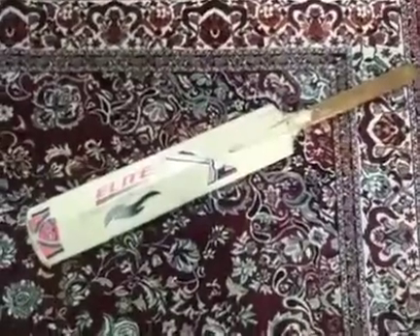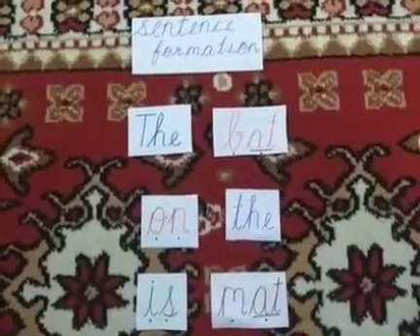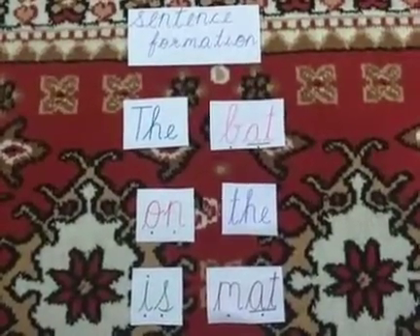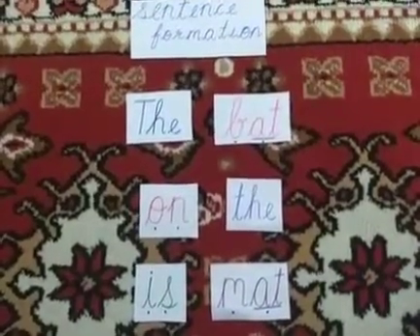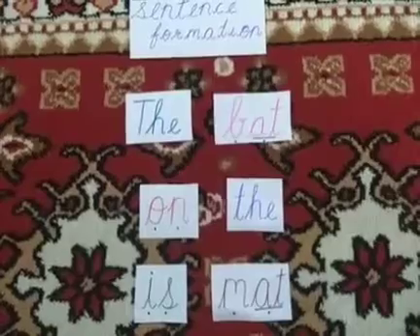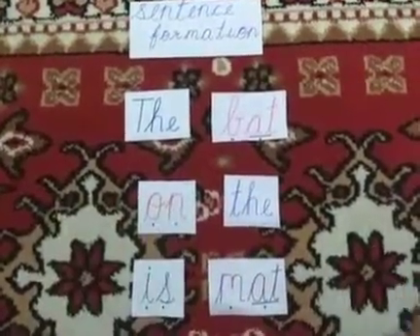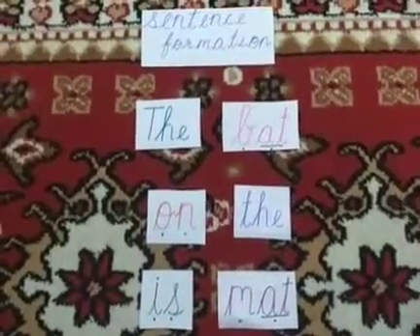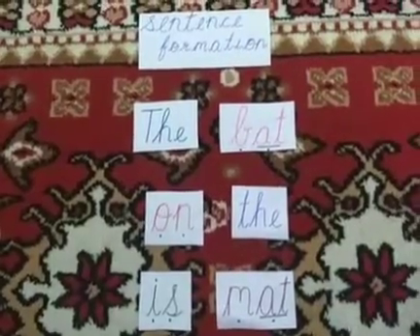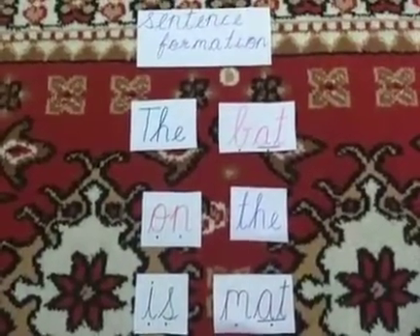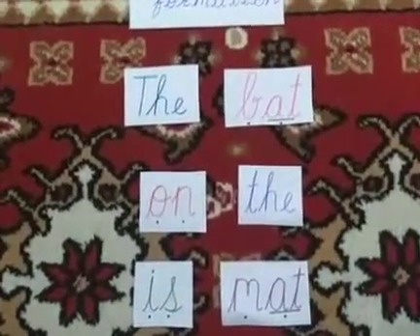Okay, now let us look at the words. Before we form a sentence, we should know what the words are. Yeah, what words we will use to make a sentence. Because do you know what is a sentence? A sentence is a bunch of words together. When we make a list of words and then join them together to make sense, it makes a sentence. Yes, so here I have few words